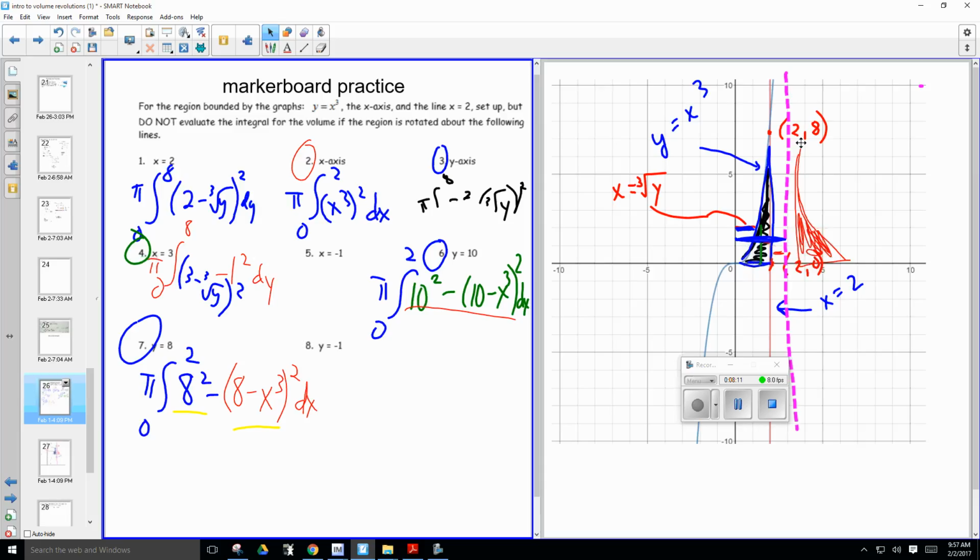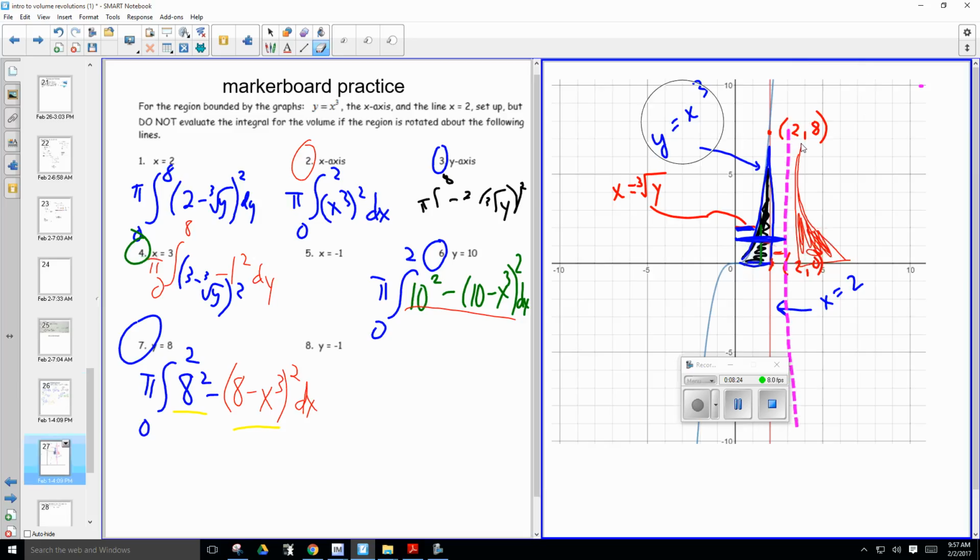With the disk method, that's pretty straightforward. Big radius, little radius. Think about what your cross sections are and where you're slicing. What do they look like? If you looked at the end of this, this would have a hole in it. Okay? All right, let's go to